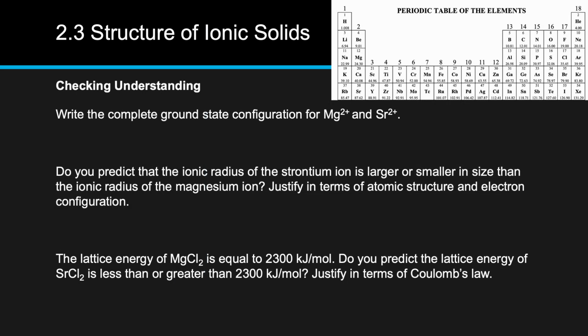All right, so let's check your understanding so far. It says write the complete ground state configuration for magnesium 2+ and strontium 2+. Now remember, ground state just means all of your electrons are where they're supposed to be. None of them are excited and moving to higher energy levels. So ground state electron configuration is regular electron configuration. Remember, with AP chemistry, you can do the full electron configuration or you can do the noble gas if they